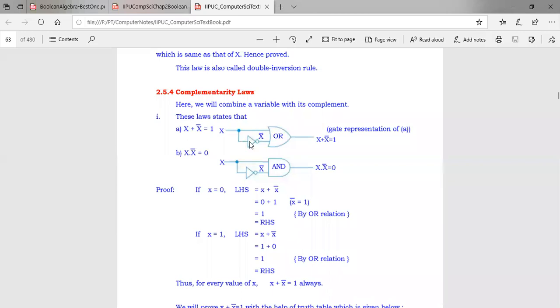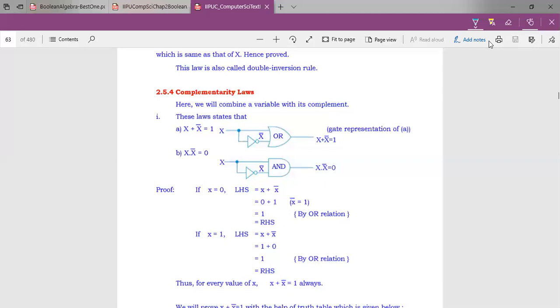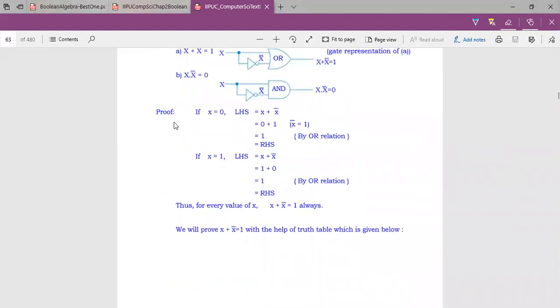The corresponding logic diagrams for these two expressions or theorems will be given here. We require one OR gate, and one input is directly given to the x. Can you see here? One input is directly given to the x. The second input is given to x bar. That is why we are using a NOT gate here. So output will be x plus x bar, which is equal to 1. We are going to prove this. The second circuit is also written here. Now shall we prove this using the perfect induction method first?